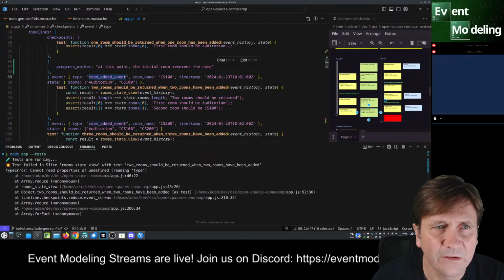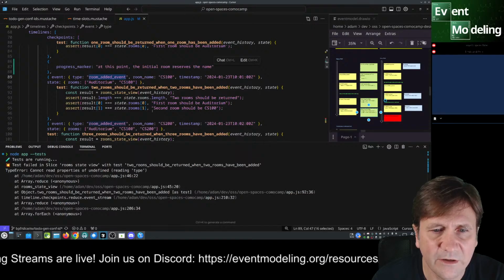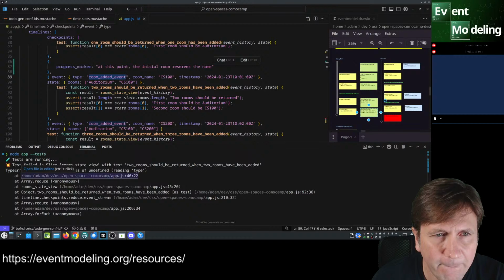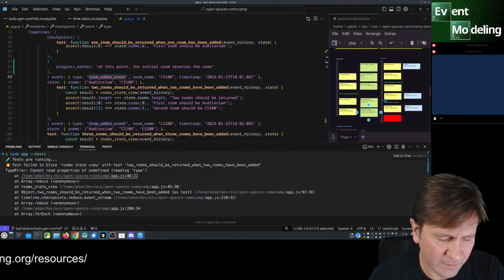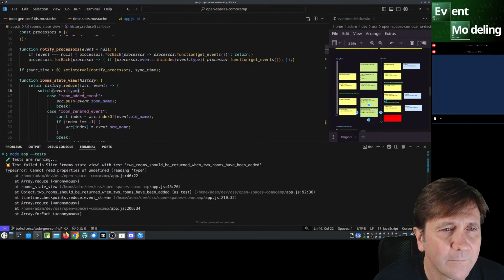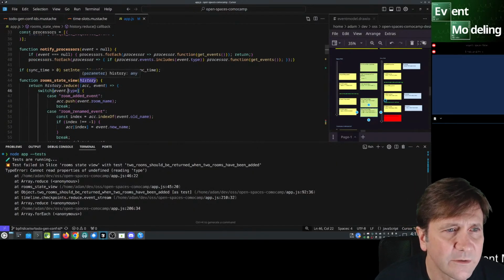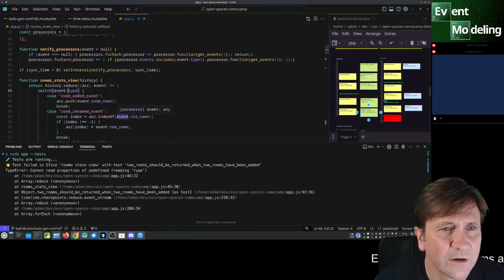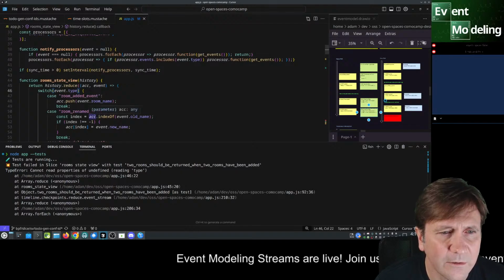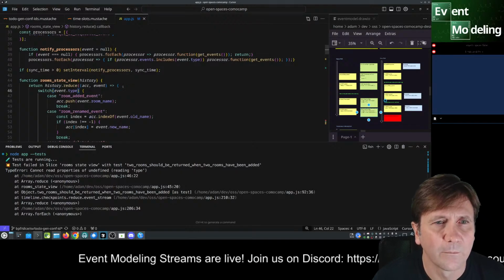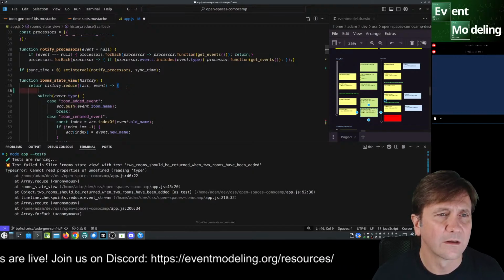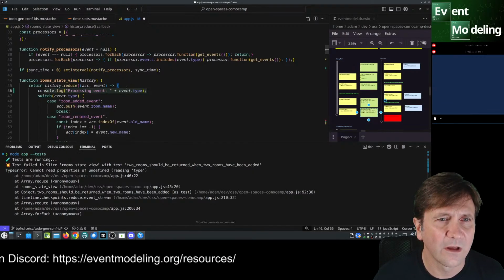So we have event types in here, room added event. Can I go over there? Yes, I can. Okay. Oh, history, switch, reduce event type. I guess I could do a JSON console log.